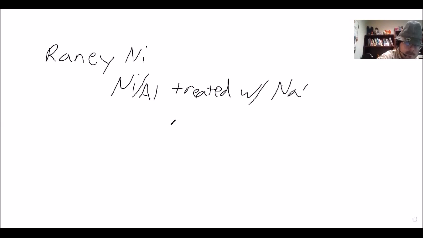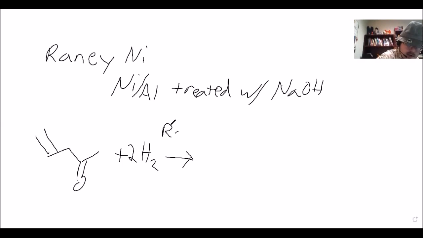What this is going to allow us to do is to hydrogenate ketones and aldehydes in addition to our standard alkenes. So if I had a compound like this, and I used excess hydrogen, we'll just put two equivalents, and we used Raney nickel as opposed to our usual platinum, we would fully reduce this down to an alcohol. As opposed to if I did platinum, it's just going to be